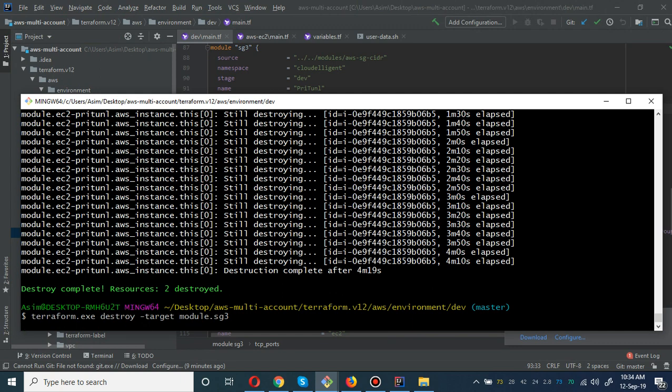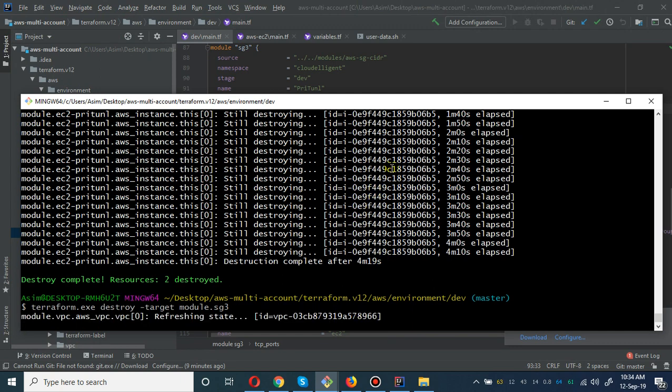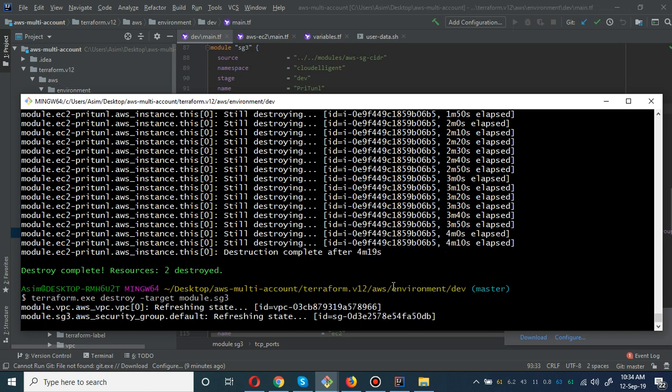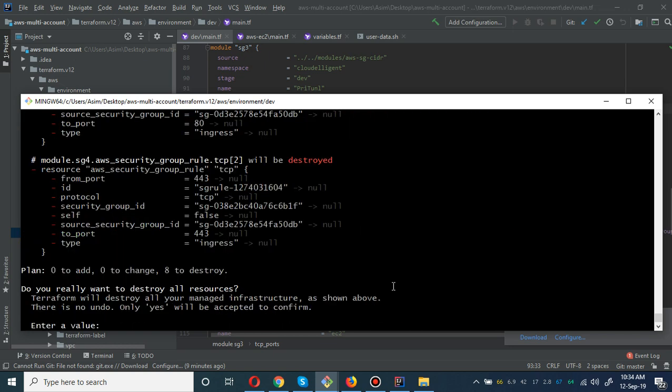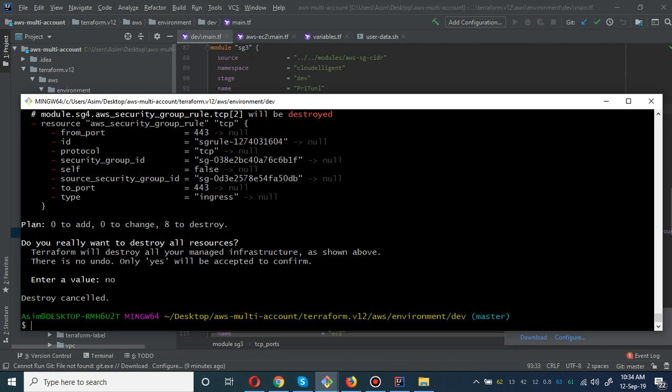It will show us any update with regard to that if there is one. The upgrade will be shown with the tilde sign. So it is going to destroy,